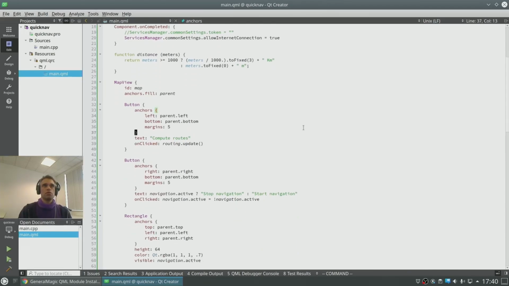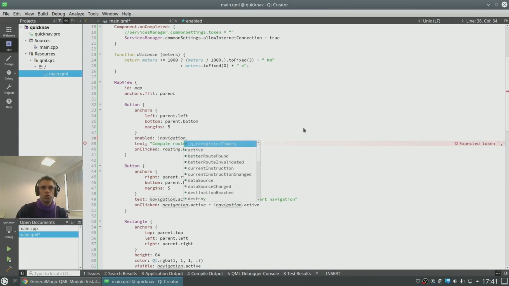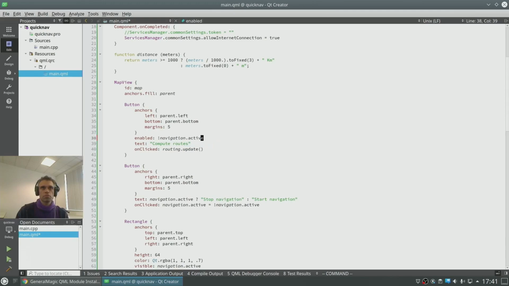So here we say enabled. So this is our button to compute the routes. So if navigation is active, then we don't want to compute routes. So we say that we compute routes only when navigation is not active. That is when this button will be enabled.